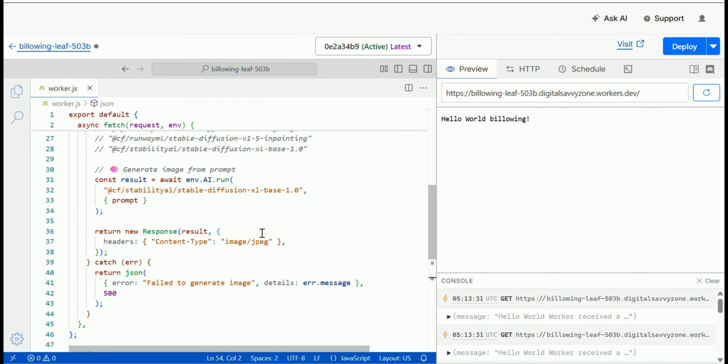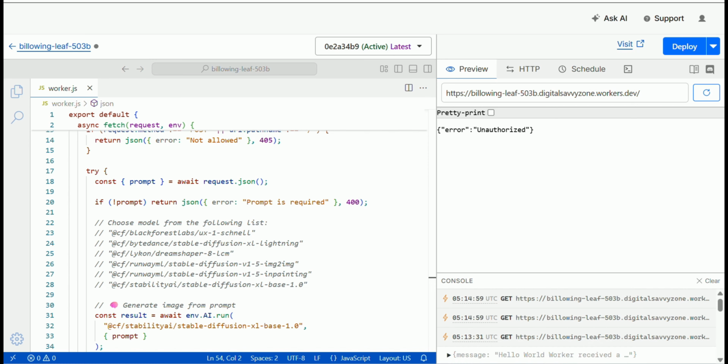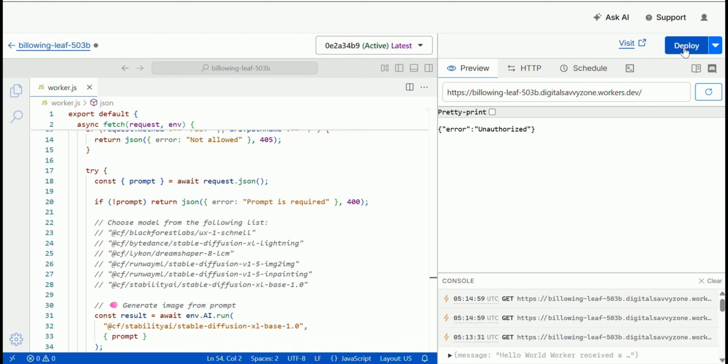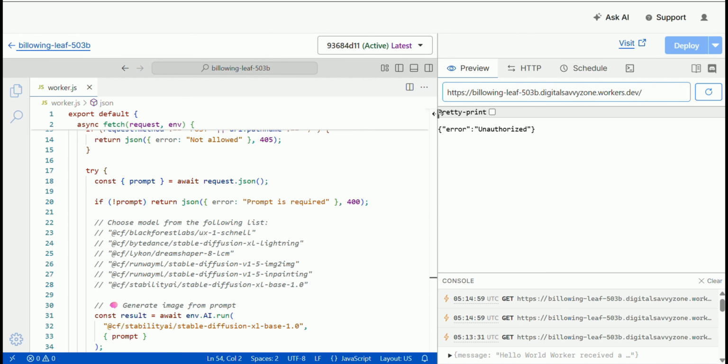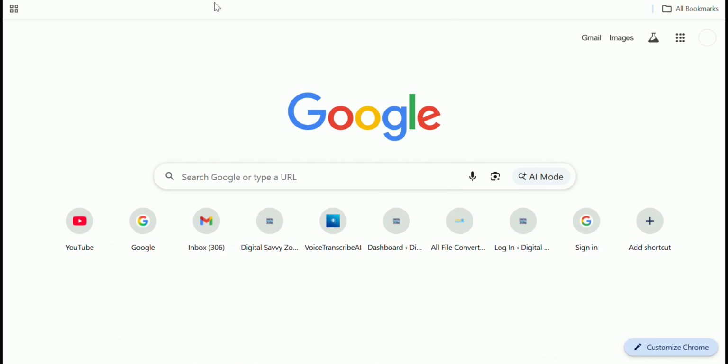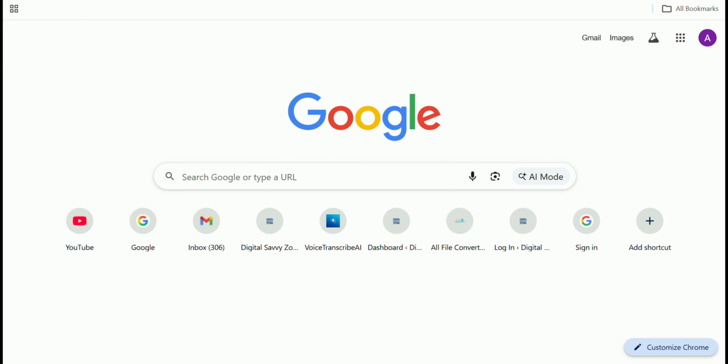At the bottom, there's a small helper function that formats error responses in JSON. This makes your API responses clean and consistent, especially when something fails. So overall, this code is handling security, request validation, AI processing, and response delivery, all inside a single lightweight function. This is basically how modern AI APIs work behind the scenes. Now we are trying to access the URL and getting an unauthorized issue because we are not giving the token, and if you tried outside, you would also get the same issue.